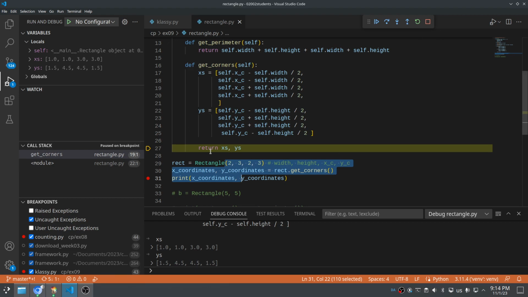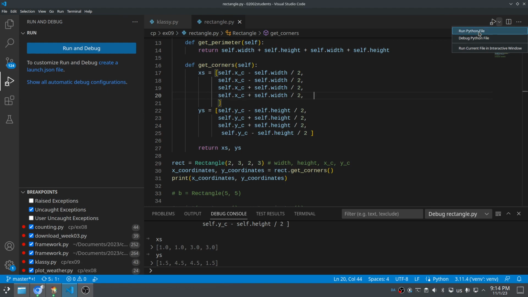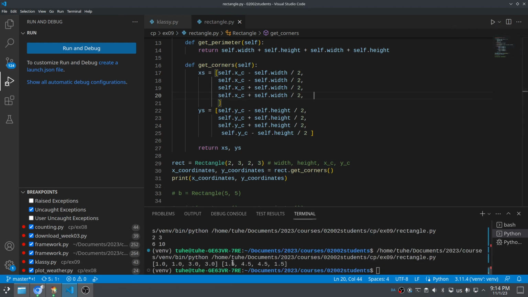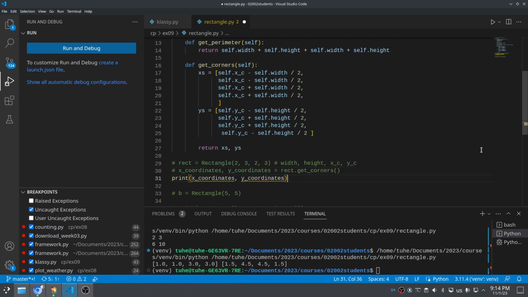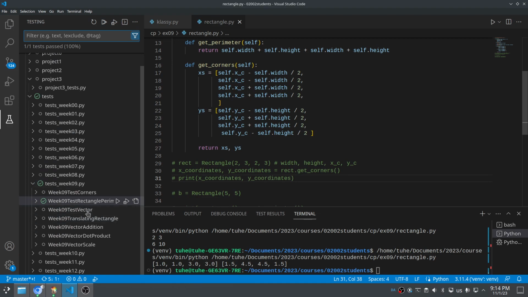And then of course this function returns these two lists. So they are assigned to these and then they're printed out here at the end. Let's check that. So we stop the debugger, we run the Python file, and we get the two lists printed out. How nice. Moment of truth. Let's go to the tests. And we got a rectangle parameter, translating,